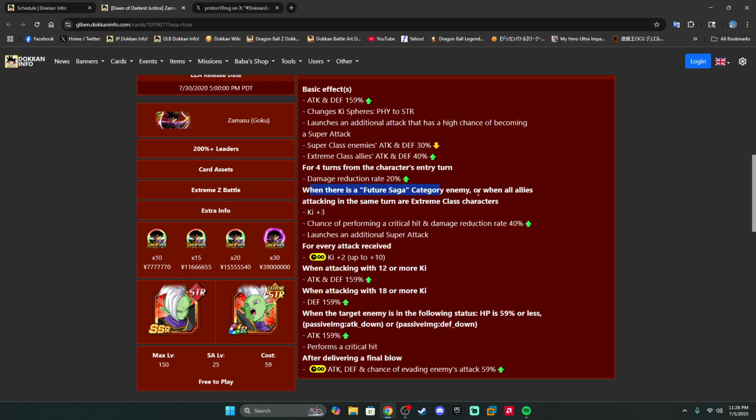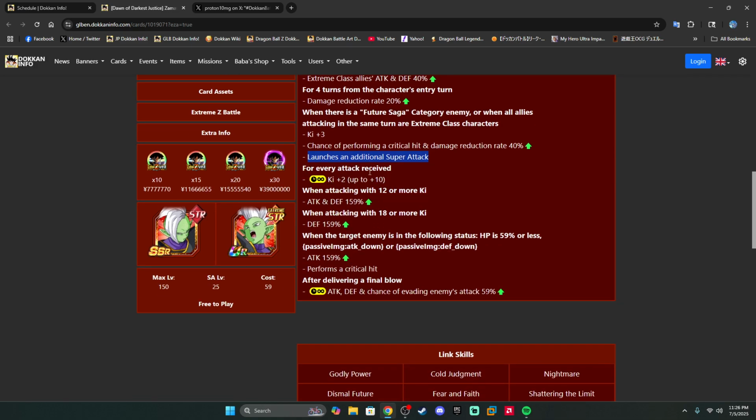When there's a Future Saga category enemy, or when the entire rotation is extreme class, gets 3 key, 40% damage reduction and crits, and then launches an additional super. Okay, I can take that. That's pretty neat. Gets 2 key up to a max of 10 for every attack received. When super attacking with 12 or more key, he gets 159% attack and defense. When launching an ultra super or 18 key super, he gets 159% defense. And then when the enemy has less than 59% HP, or is in an attack down or defense down status, he gets 159% attack with guaranteed crit. And then after delivering the final,